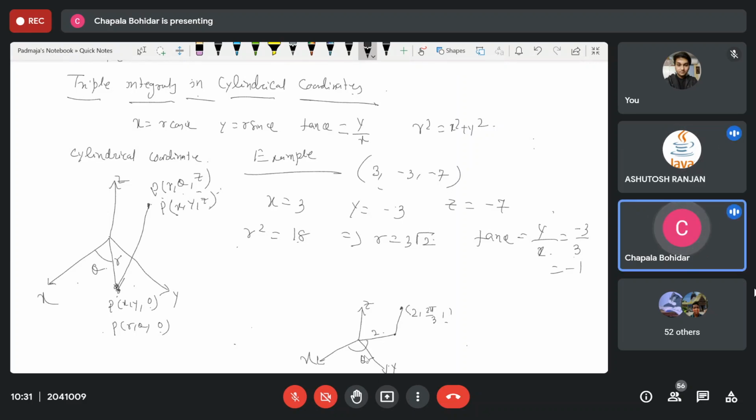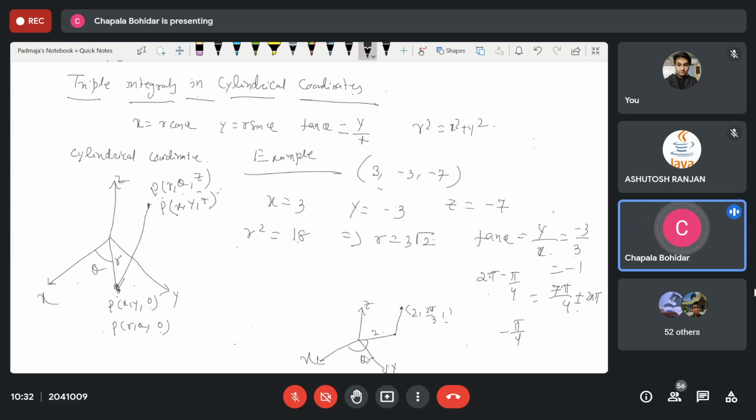If it is in the fourth quadrant, the value of theta is equal to 2 pi minus pi by 4, because you will get y by x, 3 by 3 minus 1, absolute value it is 1, that is pi by 4. So you know very well how to find out. So it is 7 pi by 4. One value we will get 7 pi by 4 plus minus 2 n pi. So I can say theta is equal to also minus pi by 4. According to the value of n, we have infinite number of values of theta. So I can write down any one, you choose.